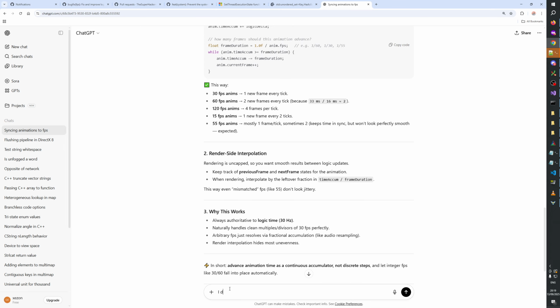I do not want to play multiple frames every logic step. But multiple animation frames every logic step of 30 FPS, but sync them up